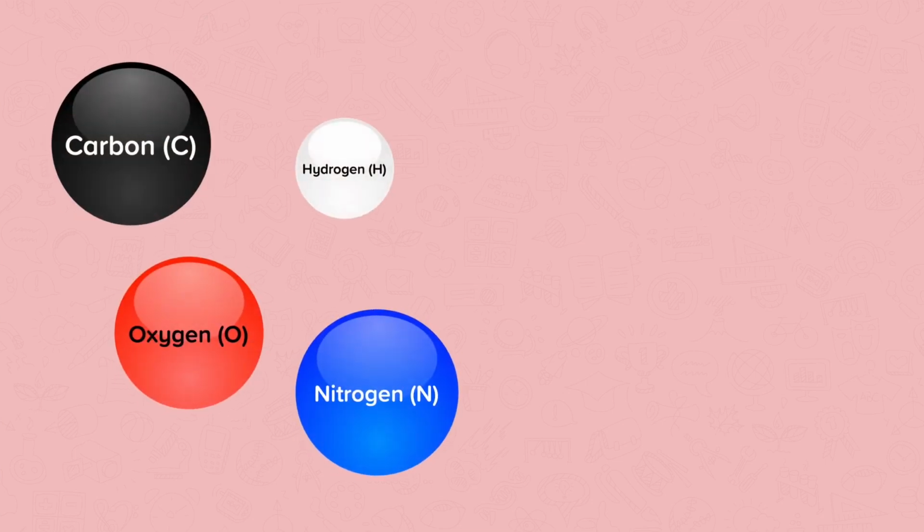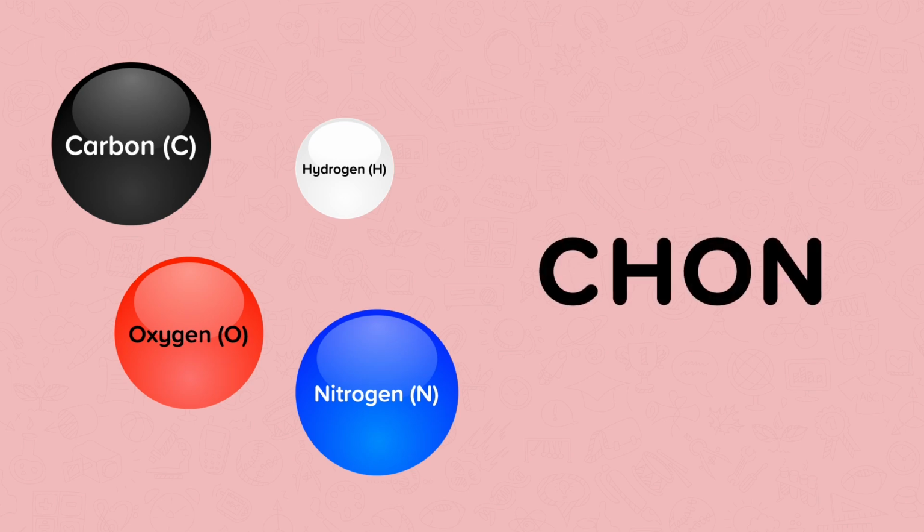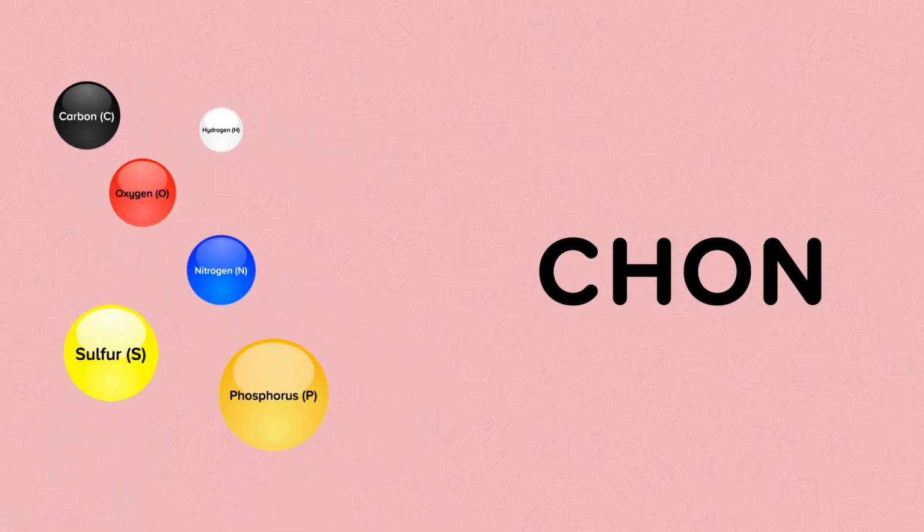90% of living things is made up of just 4 elements. Carbon, hydrogen, oxygen, and nitrogen make up 96% of living matter. These spheres show the relative size of the atoms, not their abundance. These 4 most common elements in living organisms are often referred to by the mnemonic CHON. The next most common elements are phosphorus and sulfur. The mnemonic that adds phosphorus and sulfur is